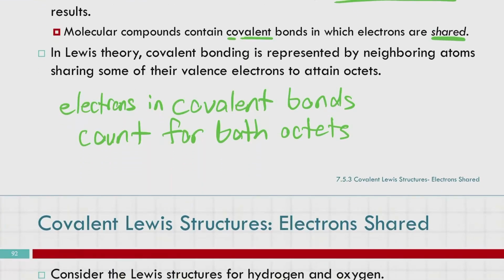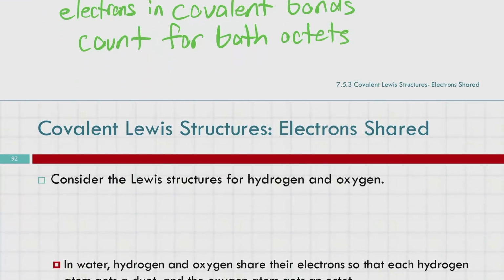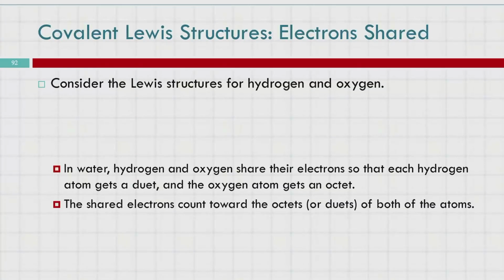So let's look at what that might look like. Consider Lewis structures for hydrogen and oxygen. Hydrogen, being our firstest element, is going to be hydrogen with 1 electron. Oxygen, being our 8th element, has 6 valence electrons, 8 total electrons, 8 protons. So 6 valence electrons. If we imagine that there's another hydrogen on the other side,